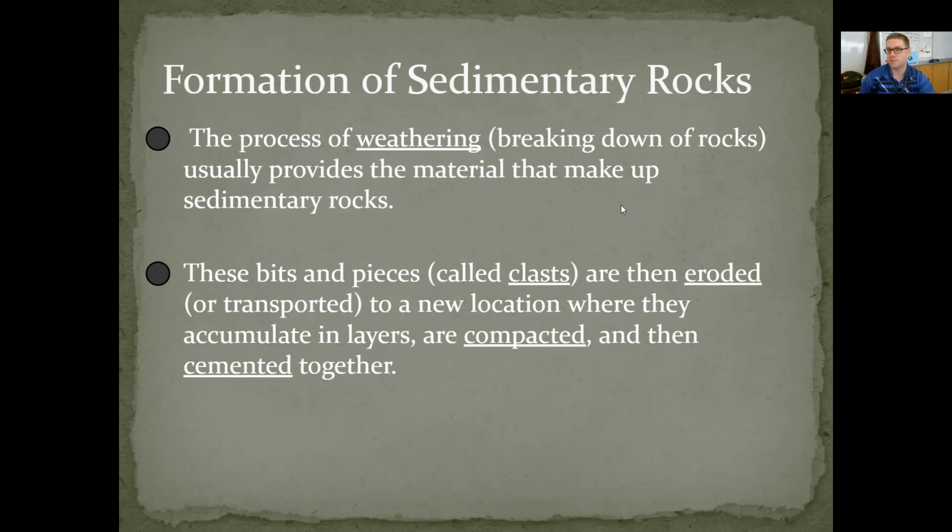The process that helps us get that sediment is called weathering, or the breaking down of different types of rocks. And that gives us that building material that makes up sedimentary rocks. Some of these pieces and bits we refer to as clasts. So if I use the word clast, that just means a piece of weathered or broken down material that can be used to form a sedimentary rock. They are then eroded, which is a word meaning transportation, to a new location where eventually they can accumulate in layers and then are either compacted, or squished together, or they're glued or cemented together,